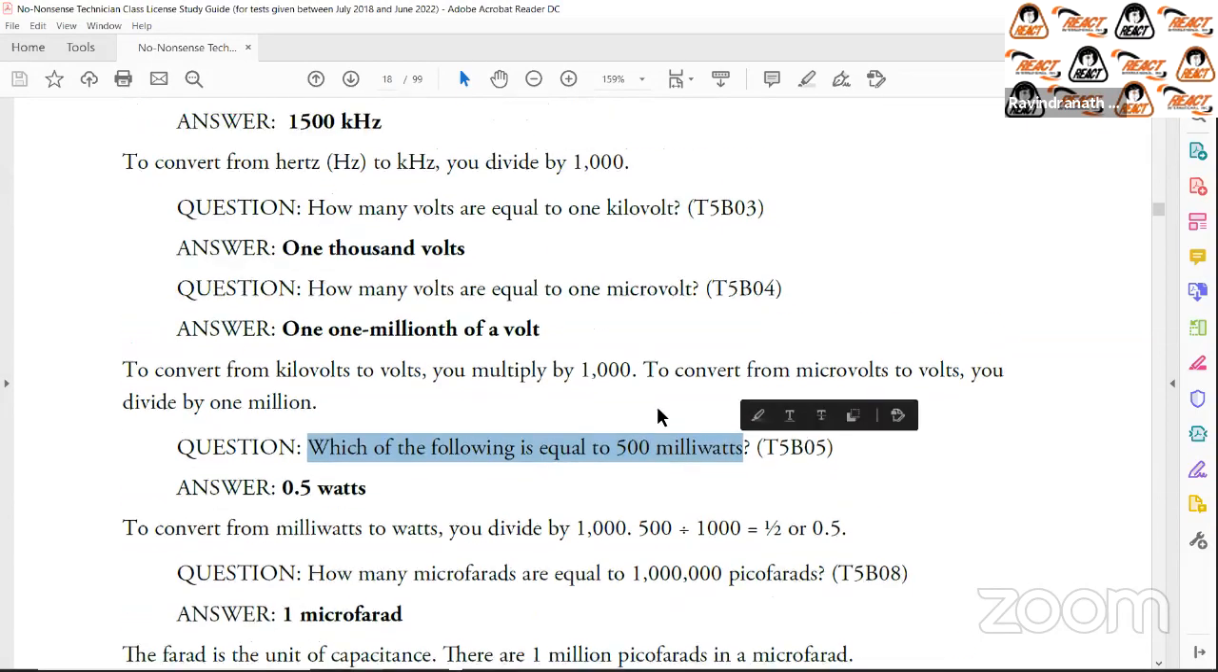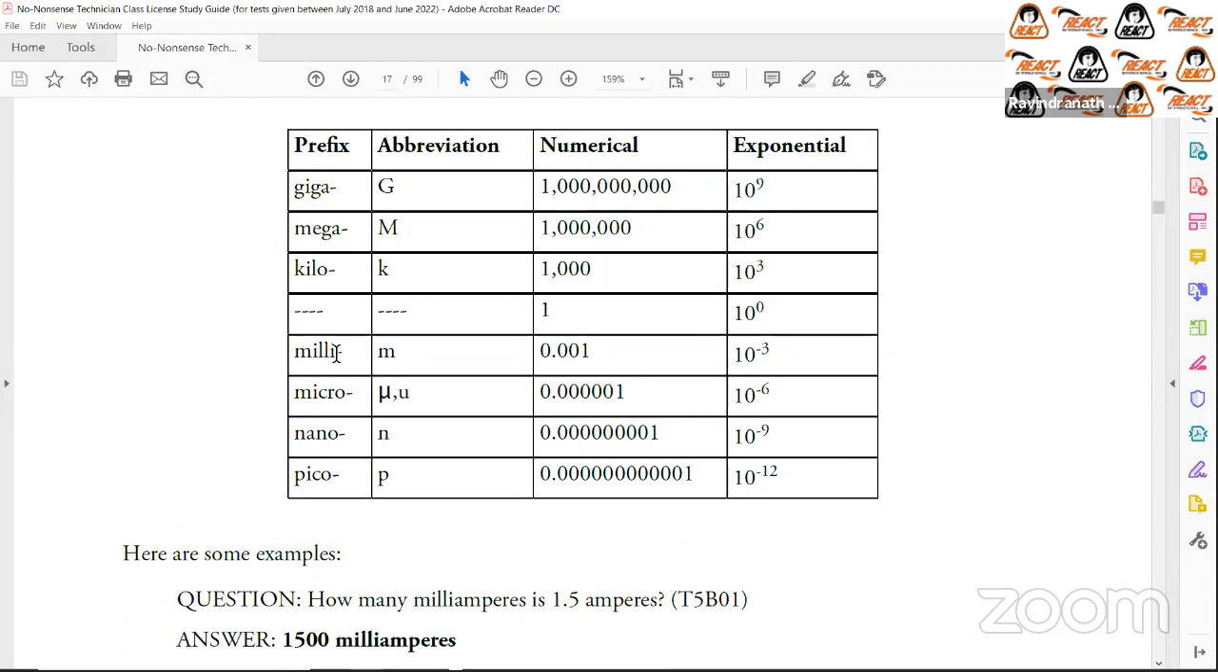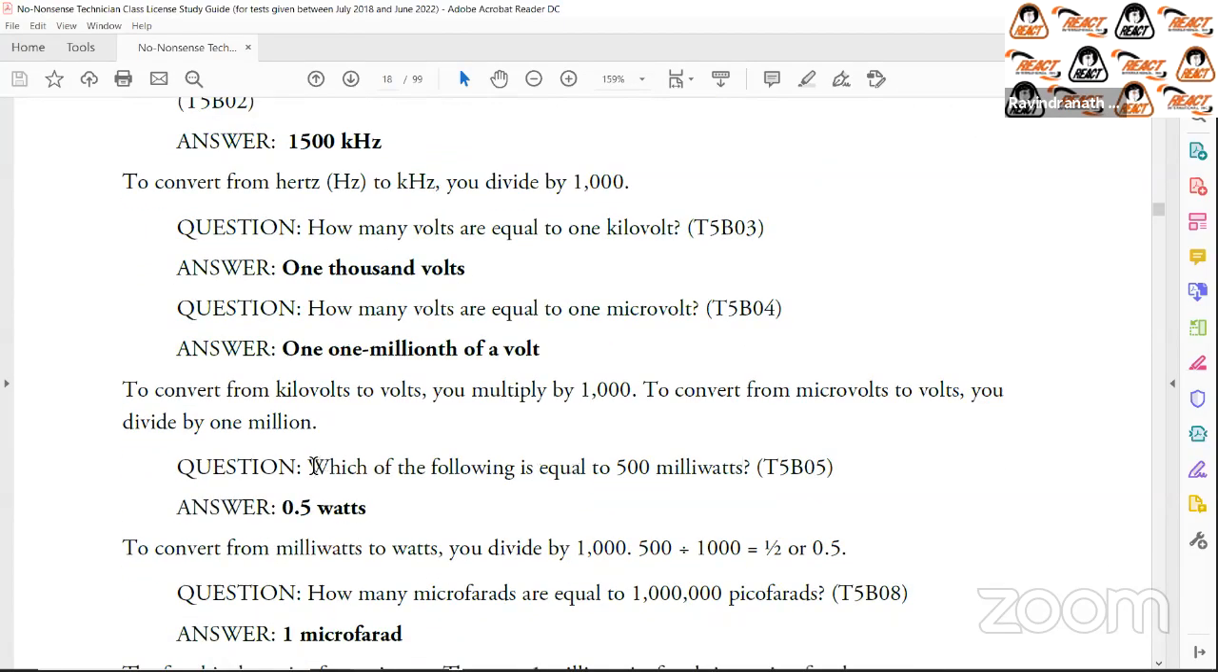So let's look at that. Milliwatts. A milliwatt is 1,000th of a watt. So if 1 milliwatt is 1,000th of a watt, that means that if we want to find out how much is 500 milliwatts, one easy way to look at it is,